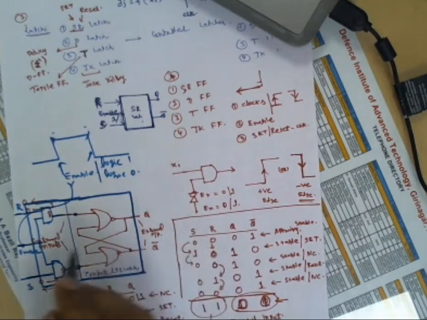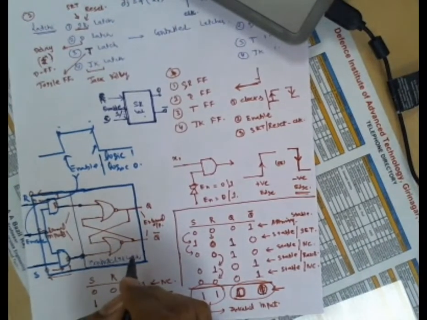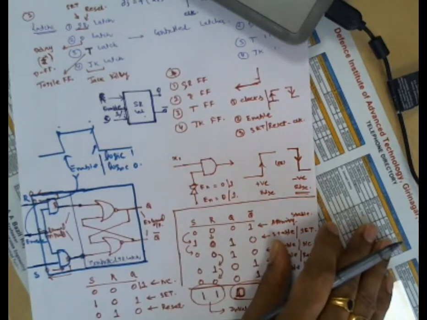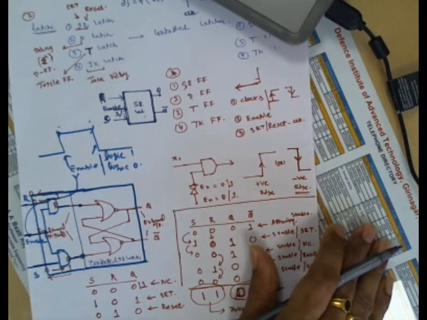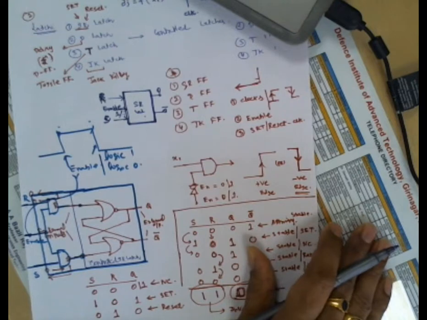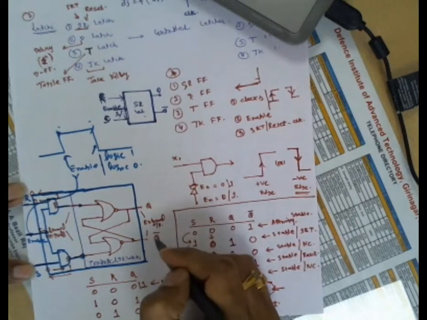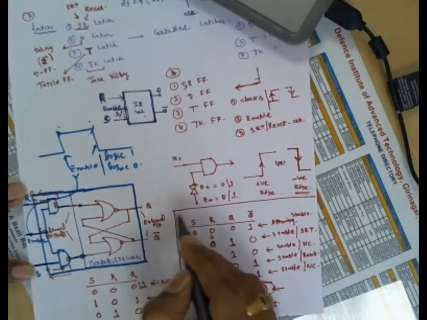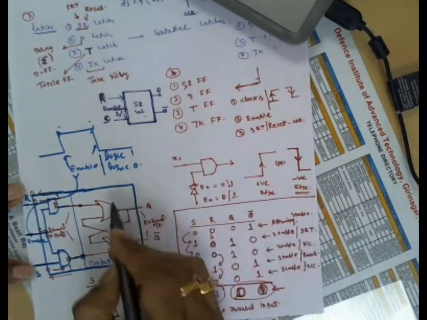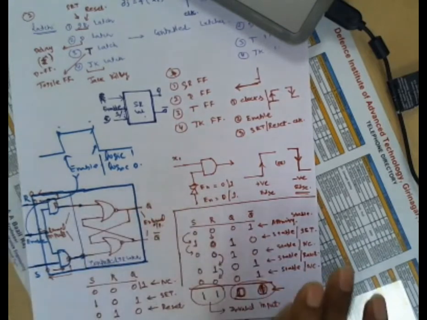So the advantage of this configuration is that R and S can be changed at any instant of time, but that will not reflect in the output. If you allow them to propagate directly into your internal circuits, then the output will also be changed accordingly. That means it is not in your control. But by choosing these two values, you can attain a different condition here, maybe retaining the previous output or changing 0 to 1 or 1 to 0. In future, complement also is possible with these simple circuits. That is why we go for this kind of configuration.